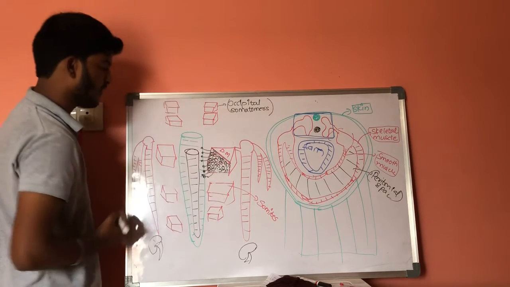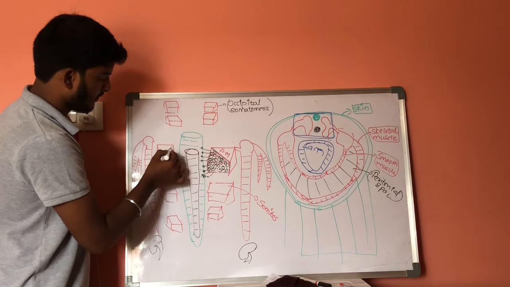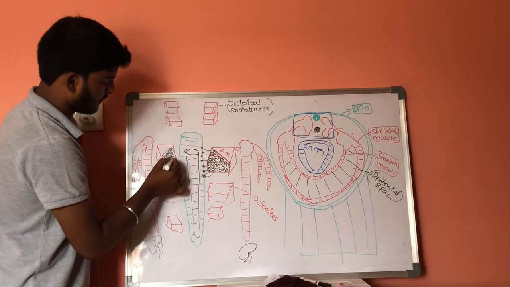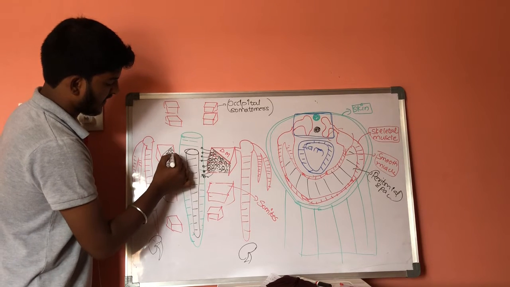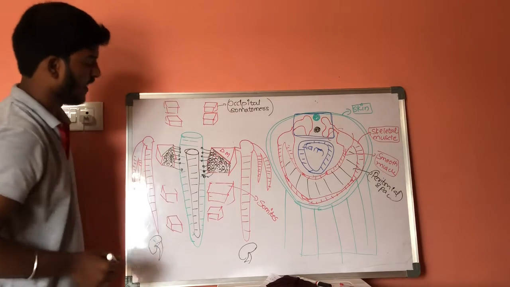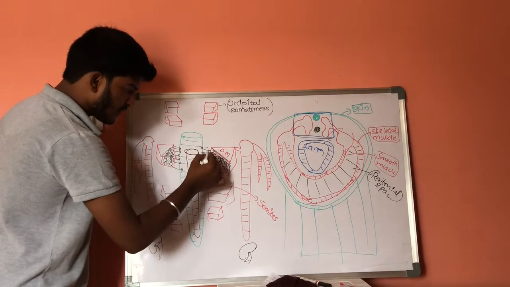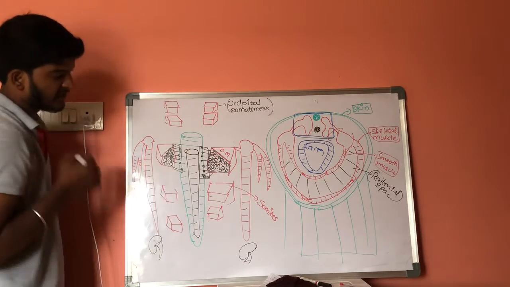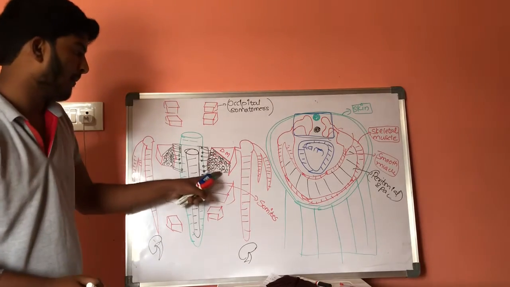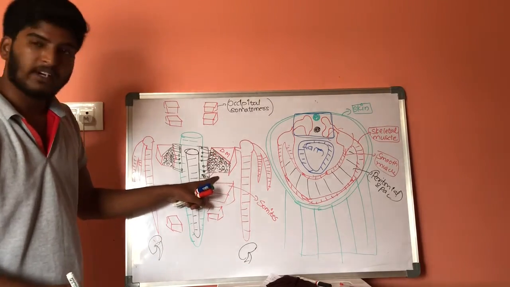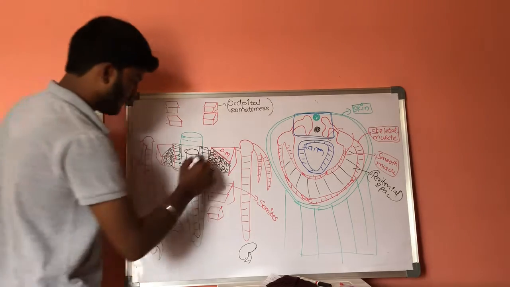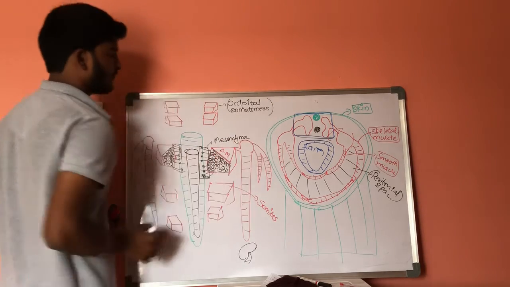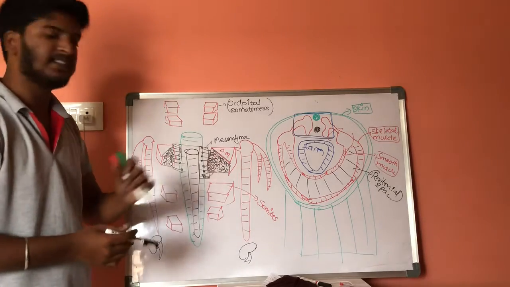In this way they get accumulated. Here also it is the same. They get accumulated here, and this special connective tissue which is formed by the somites is called mesenchyma. This special structure is called mesenchyma.